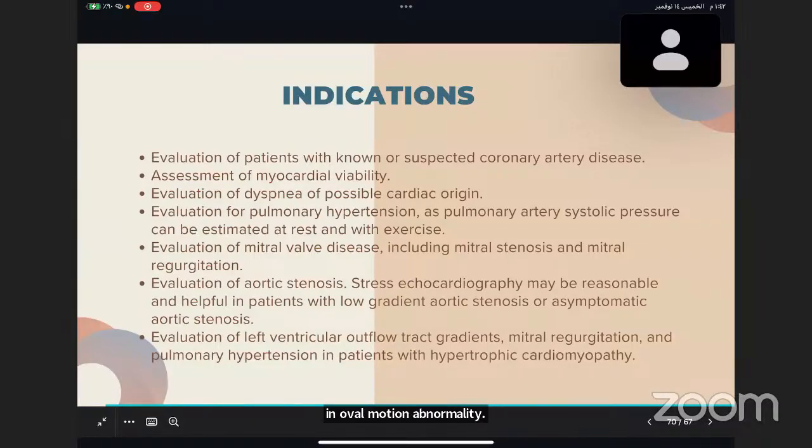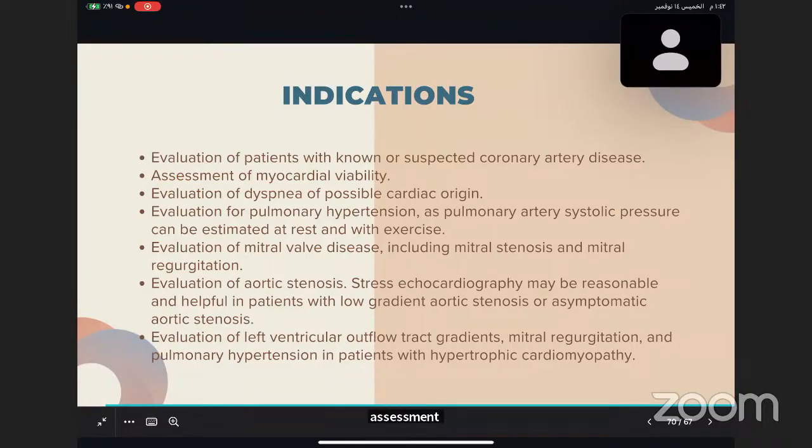What are the indications for stress echo? Evaluation of dyspnea, or evaluation of patients with known or suspected coronary artery disease, evaluation of aortic stenosis, evaluation of left ventricular outflow tract obstruction or mitral regurgitation, pulmonary hypertension in patients with hypertrophic cardiomyopathy, evaluation of mitral valve disease like mitral stenosis and mitral regurgitation, evaluation of aortic stenosis, and helpful in patients with low gradient aortic stenosis or asymptomatic aortic stenosis,